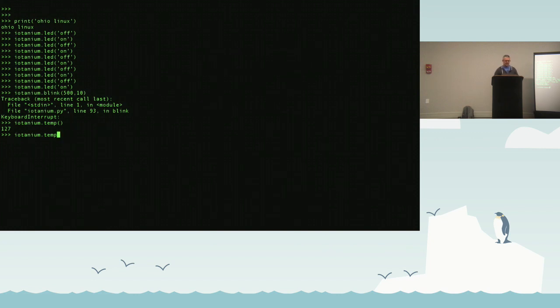We can also do iotanium.hall, which will give us our Hall effect sensor reading, which is currently 82. And then we can do iotanium.touch, right? Which is currently 645. Now what I'm going to do is touch a pin, the one that is tied to that capacitive touch. I'm going to run it again, and it drops down to 12. Right, so now we could write code that says when a threshold is below 100,